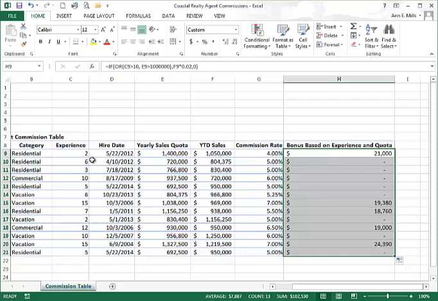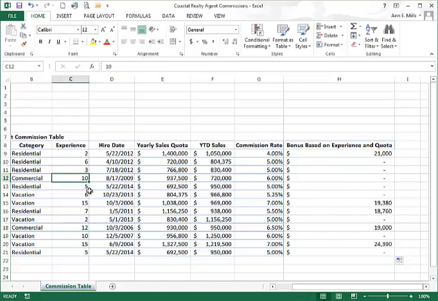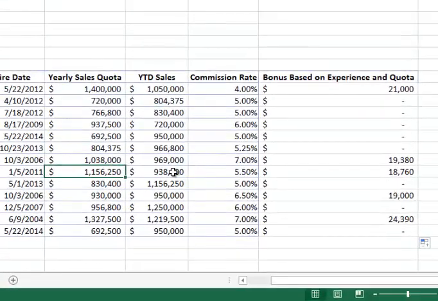And you can kind of go down through each one of those. The agent that has, well, it's not over 10. It is right at 10. This one, they're going to get a bonus there. This one they didn't meet the year's experience, but they had over $1 million in their yearly sales quota, so they're going to get a bonus. So you can kind of see the difference between the AND and the OR pretty quickly there, just by switching the